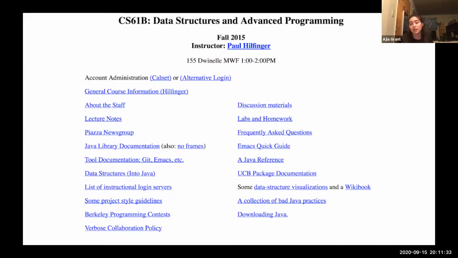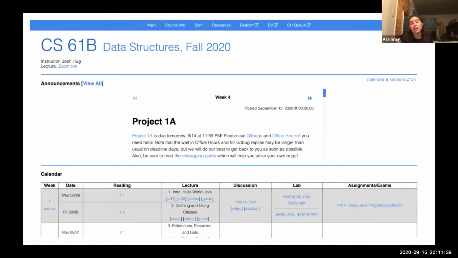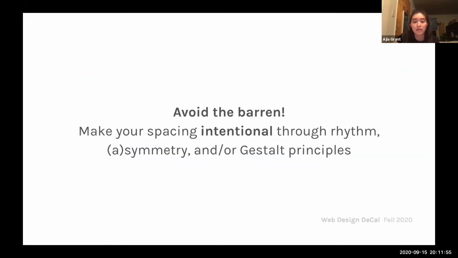Everything still seems of the same importance, and it just feels extremely bland and boring. Yeah, so this is what it currently looks like. It's much better. You can see that there's different structure because white space is balanced, or at least more defined in the new site. So yeah, avoid the barren, make your spacing intentional through rhythm, asymmetry, and or gestalt principles.